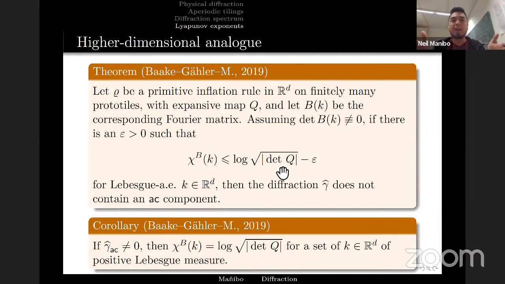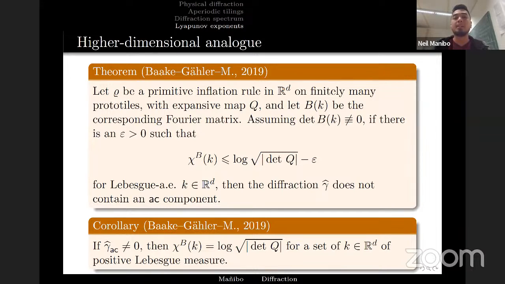So now your inflation factor is no longer just a number, it's a map. It's a map in R^d, which is expansive, so all of its eigenvalues have modulus greater than 1. And then you have a similar criteria for these rules. So in my last few minutes, I will try to go back to the two examples